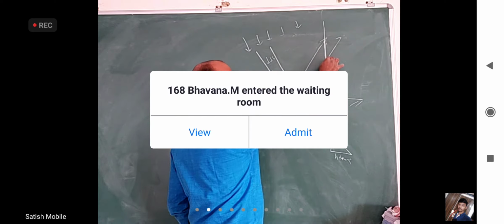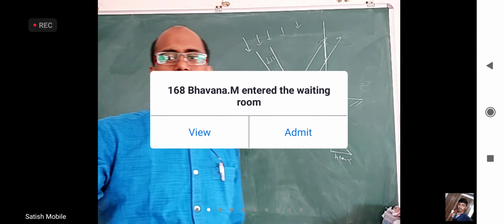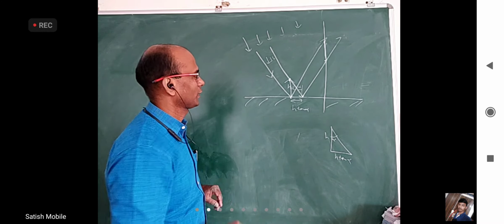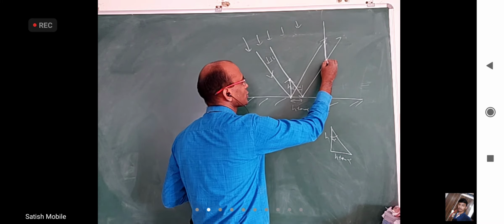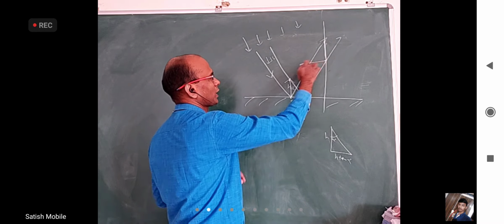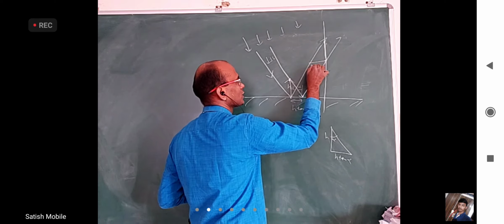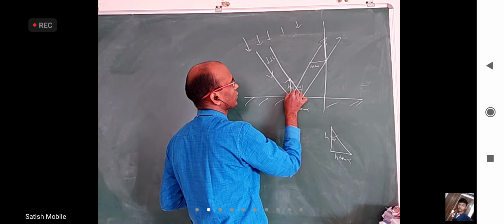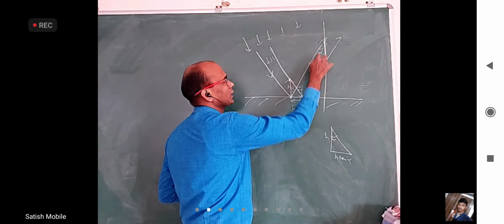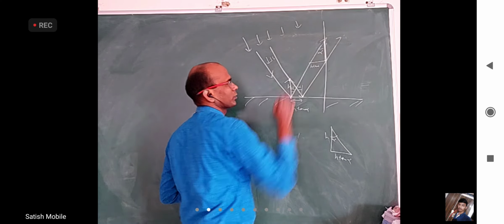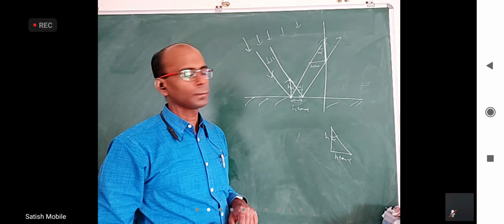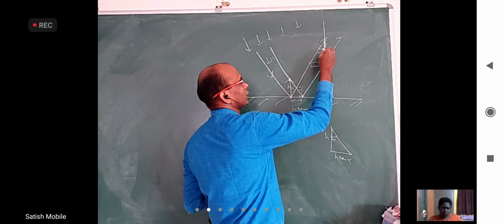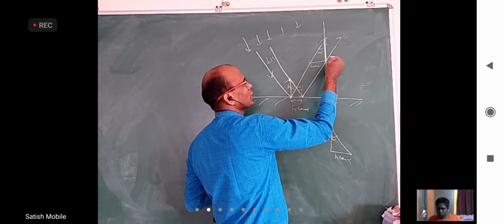But don't think this will be h tan alpha into tan alpha, which is h tan square alpha. I think it will be h tan alpha into cot alpha. Why? This horizontal line should be same as this horizontal line because this is a parallelogram. So this is h tan alpha, and this is also alpha, angle of reflection. If this is alpha, what is this height here will be? This is a right angle triangle. Yeah, h tan alpha into cot alpha, it will be h only.